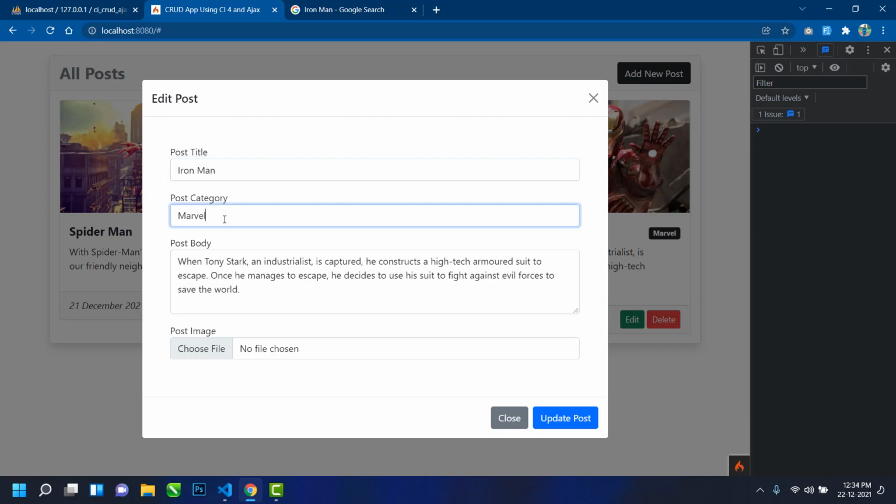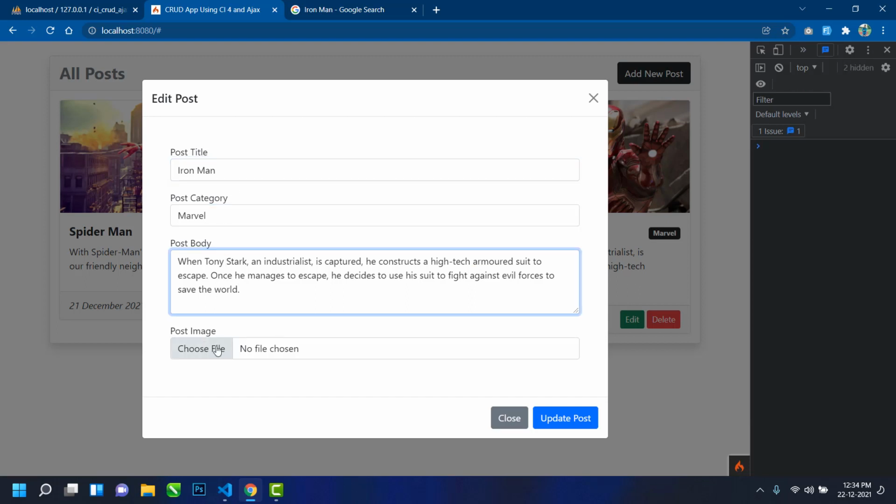And here we have to display the image preview.